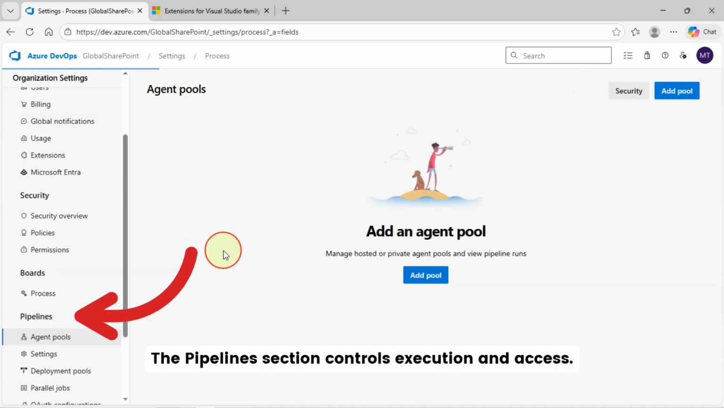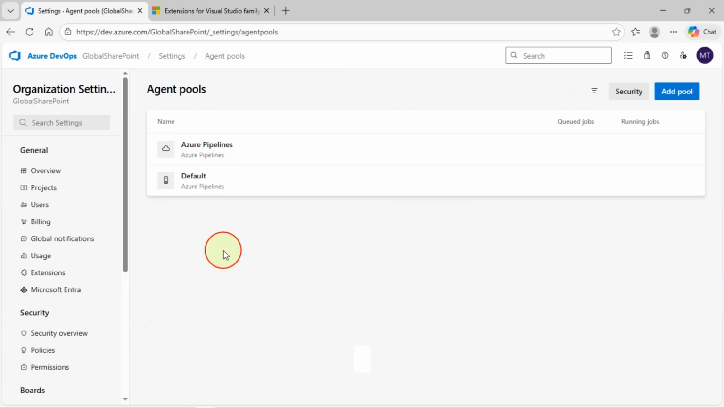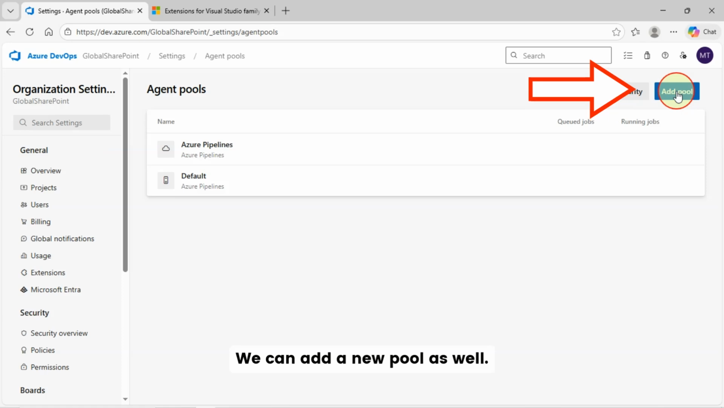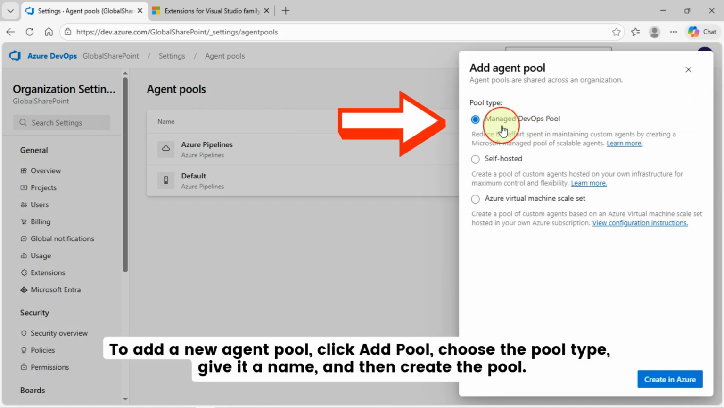The Pipeline section controls execution and access. Agent pools define the machines or agents that execute your pipeline jobs, whether they are Microsoft-hosted or self-hosted. We can add a new pool as well. To add a new agent pool, click Add Pool, choose the pool type, give it a name, and then create